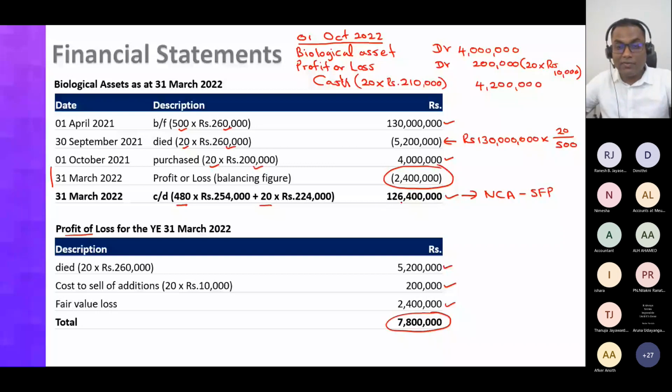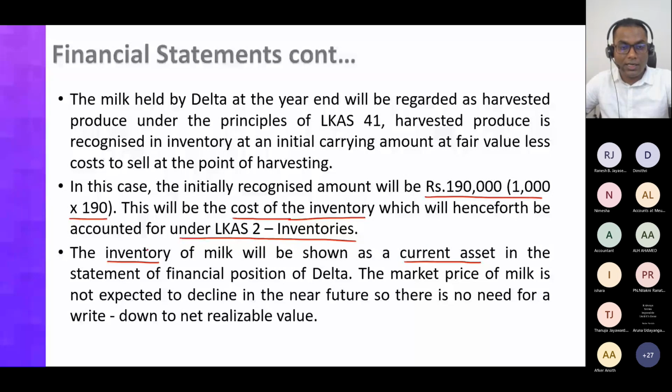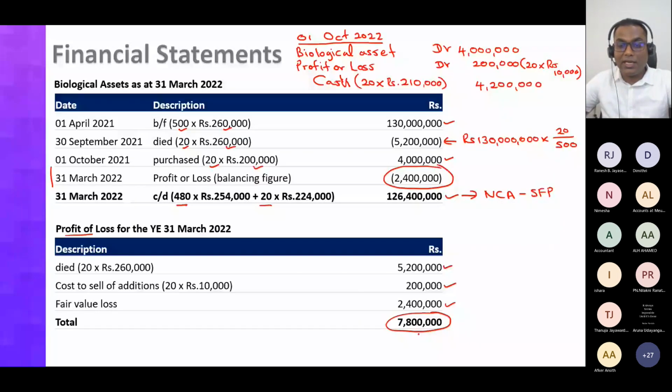You have one current asset. What is the current asset? Inventory. Current asset is the inventory. Value is 190,000 rupees. On the other hand, there's a P&L charge in total 7.8 million in terms of the biological asset. Not only that, if you look at the P&L throughout the year, you would have harvested